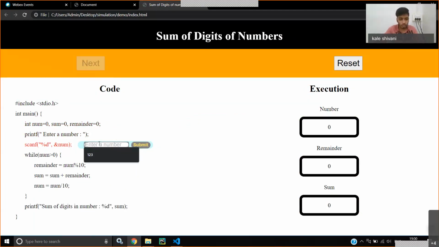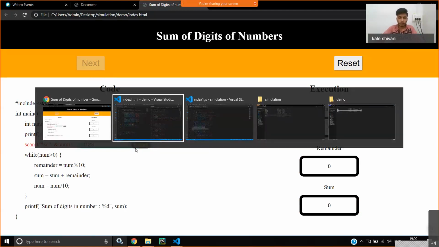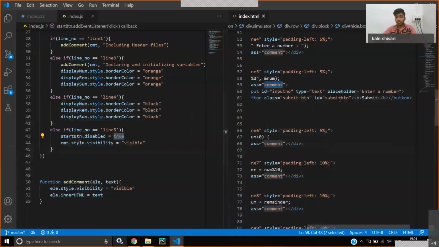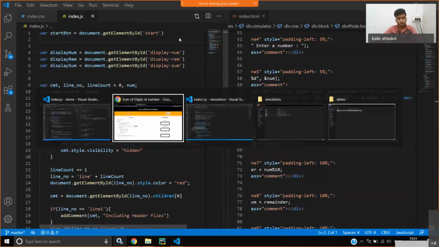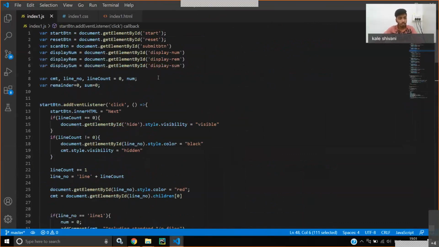So the next thing we want to do is check whether the number is correct or not. Right now it is doing nothing, so we need to add code for that. Let's check the ID. Okay, the button has an ID of submit button. We need to access that first. Let me just copy that. I named it scan button.